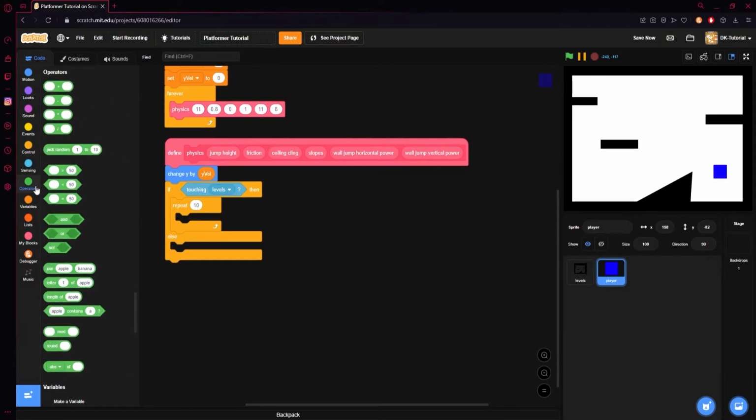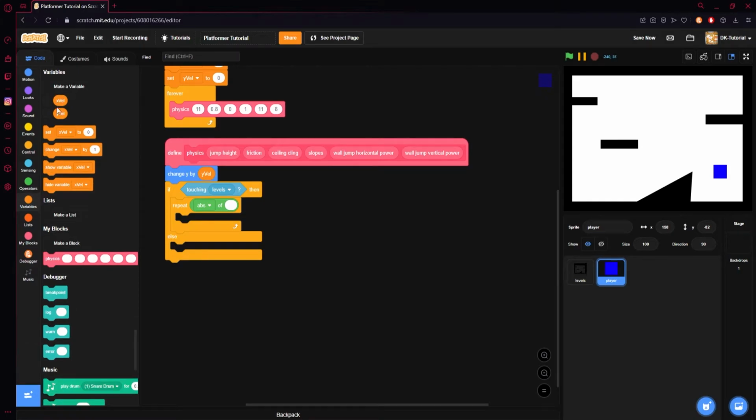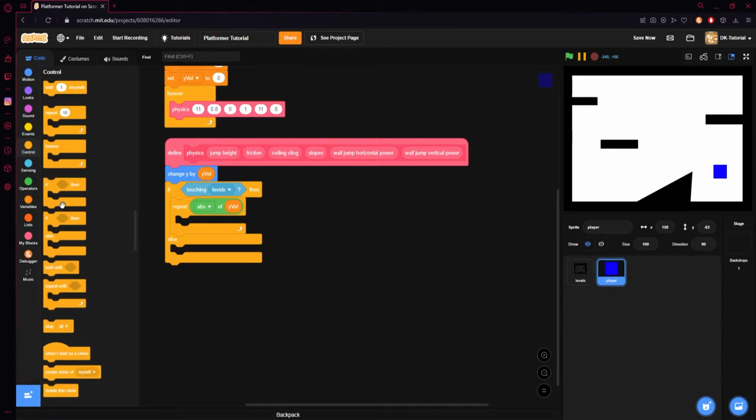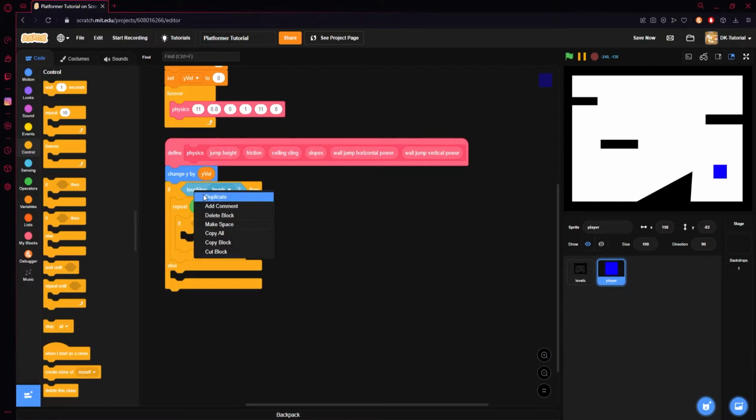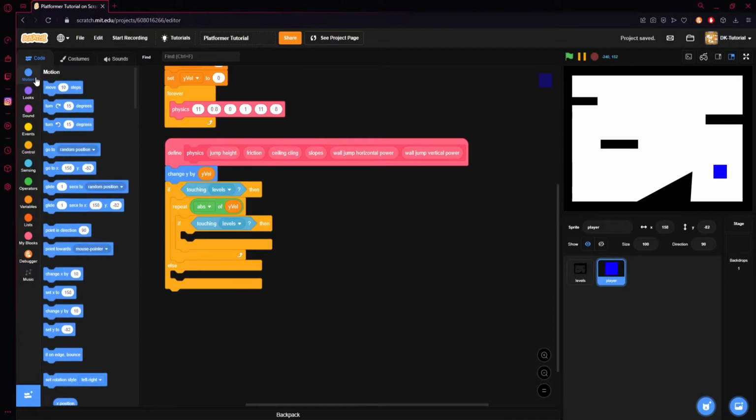We will come to our operators tab. We will grab the abs of, come into variables, and put yval inside of there. Come back to our controls, grab an if statement and put it inside of your repeat. And duplicate this if touching levels and put it inside. Come to our motion